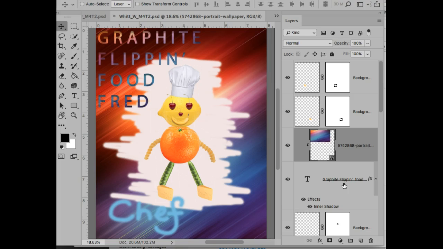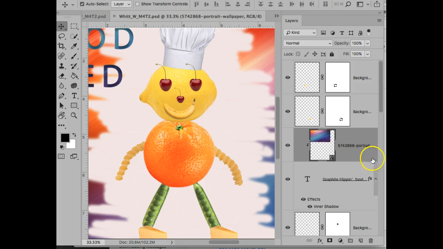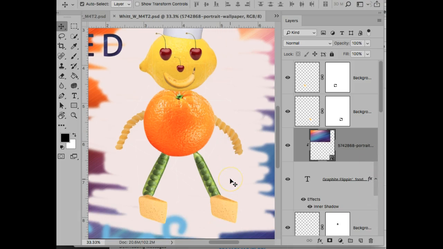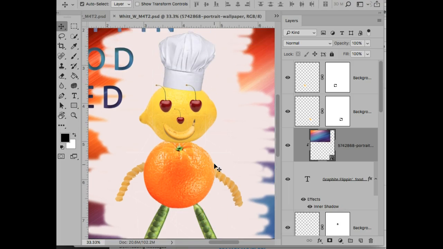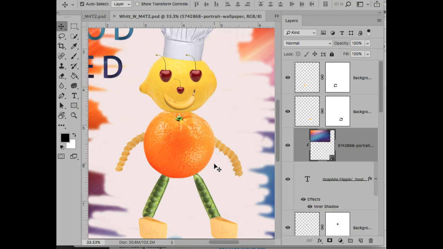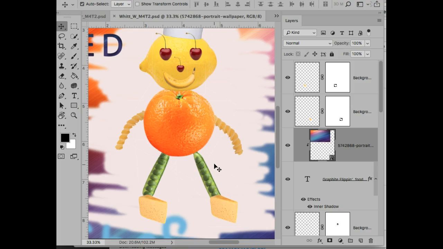Okay, so for your character, let's just zoom in here. I think your character is coming along really nicely. I love the chef hat. I think that adds a lot of character. And it's interesting how the cherries are starting to look like little hearts, which is really cute. So I think that's working pretty well. We could probably talk more about it